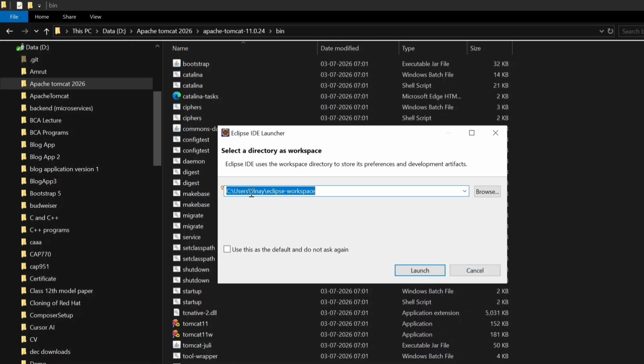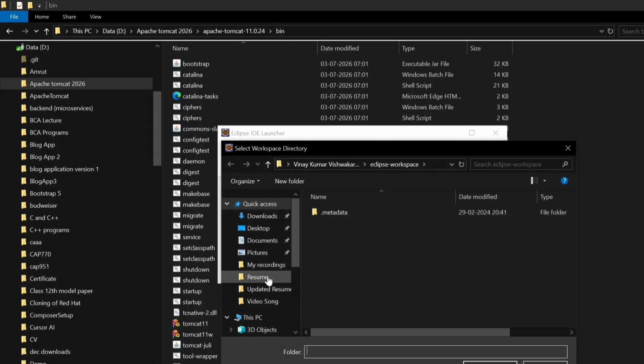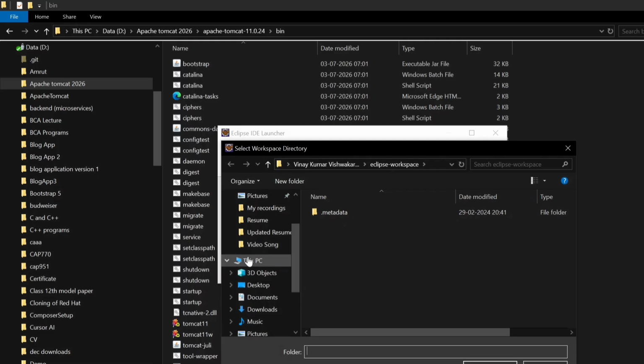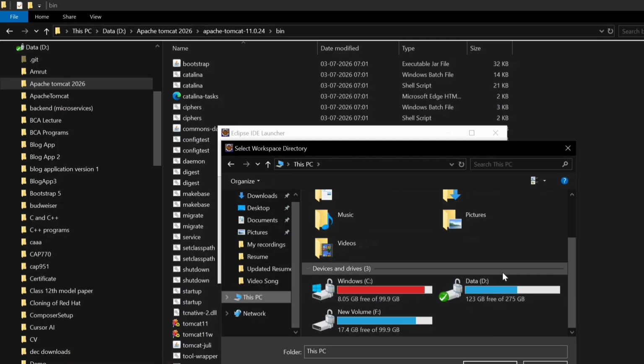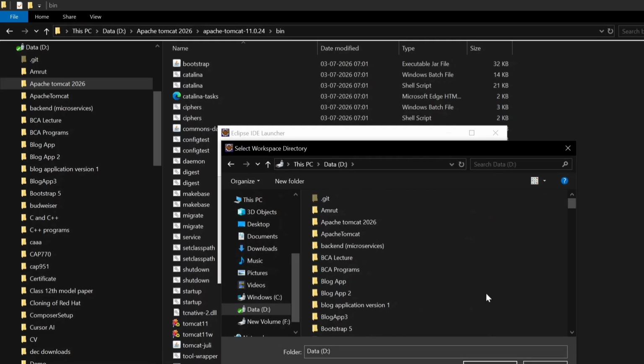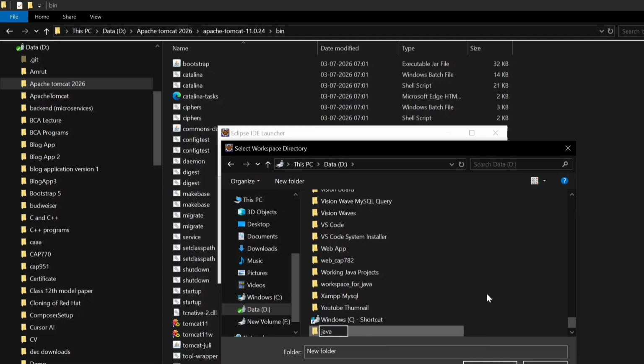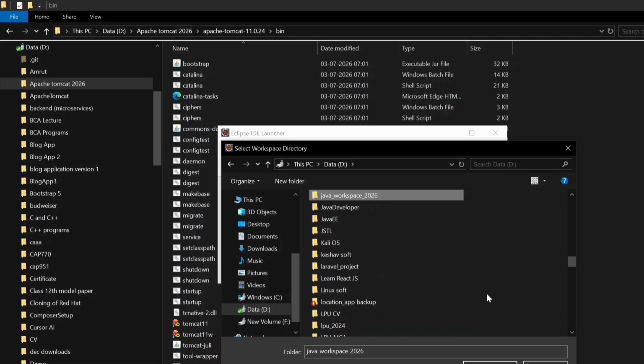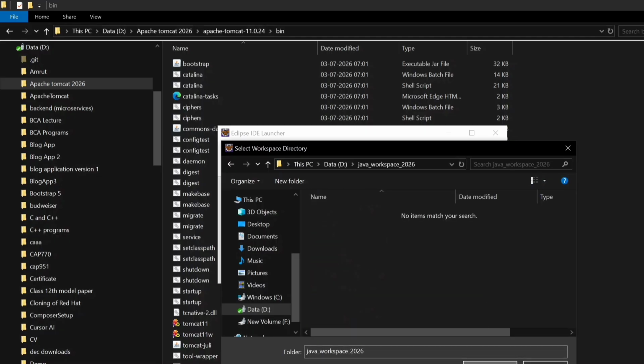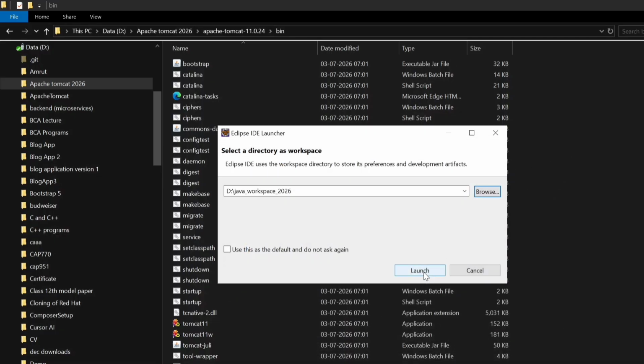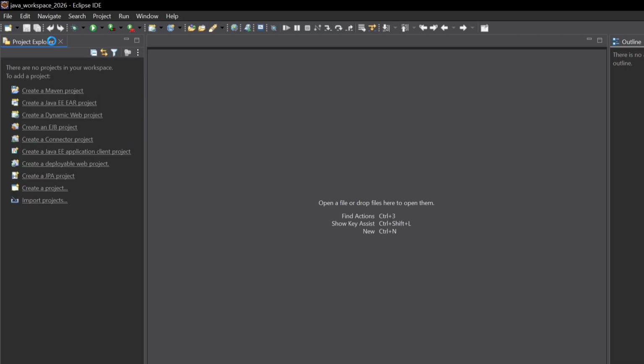So here you can see, select a directory as workspace. So browse, go to D drive, create a new folder, Java workspace 2026, right. Select folder, click on launch. So close this welcome page,